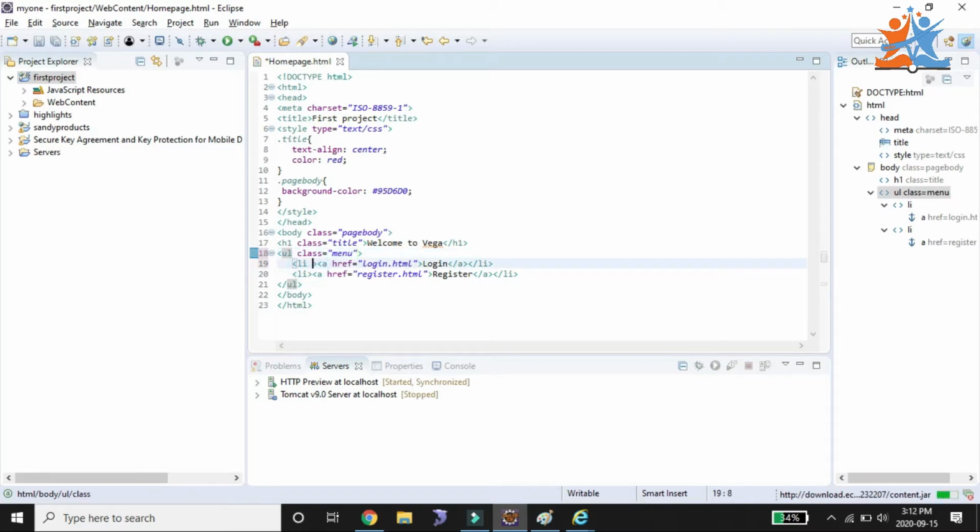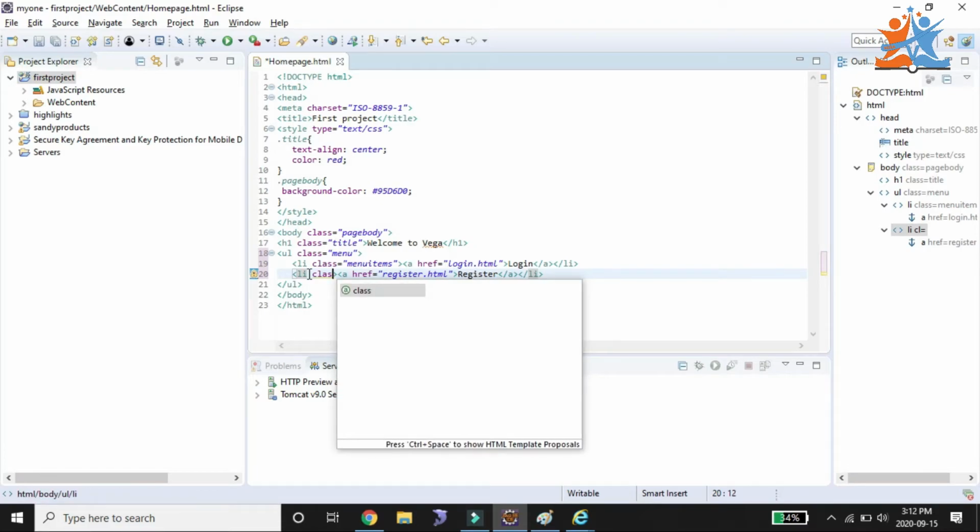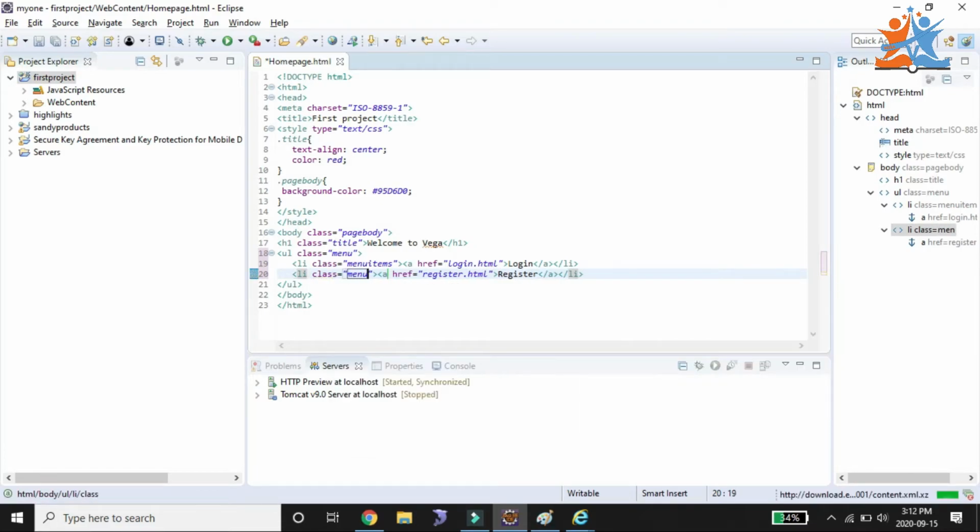Okay. So here list item also we need to take a class, menu items. The same class name we need to present here also. Menu items. Okay. So we need to write the CSS for these two, menu and menu items.